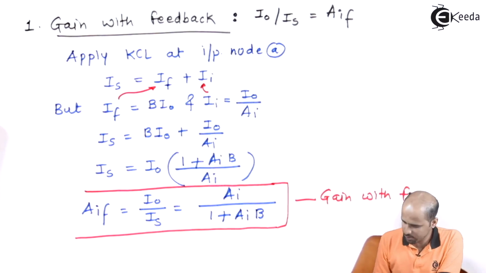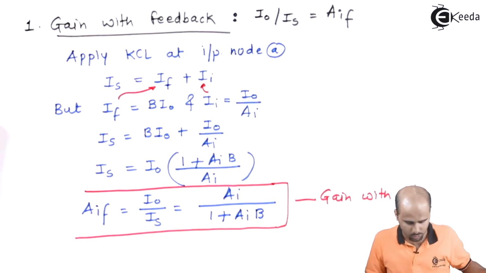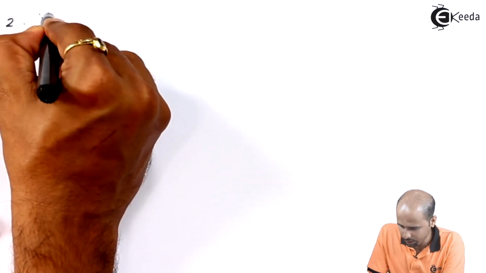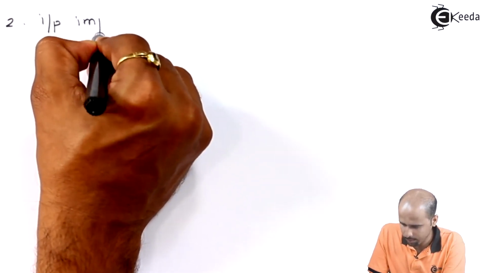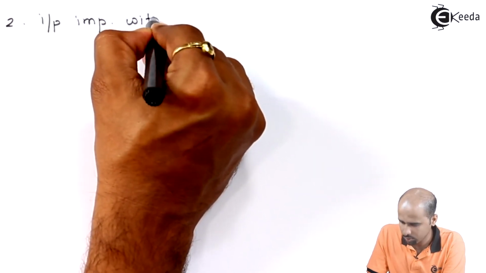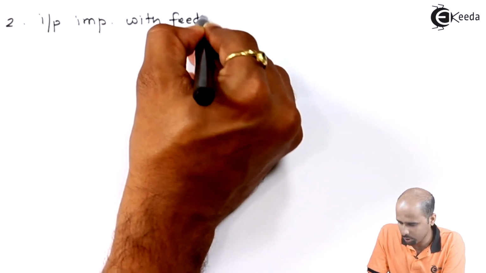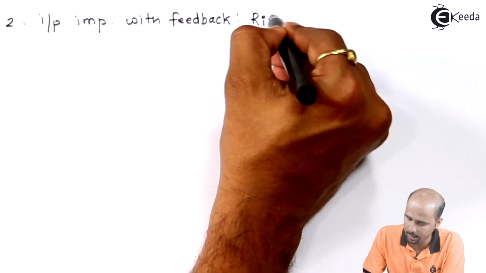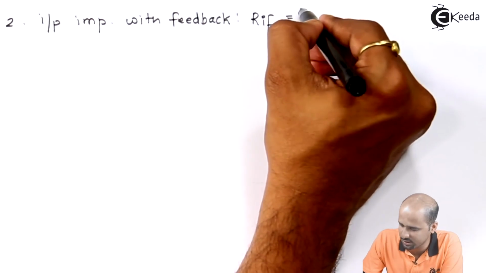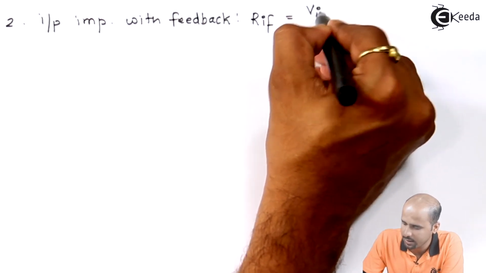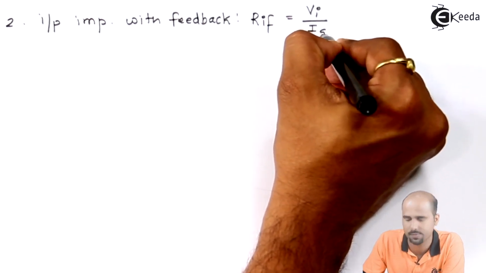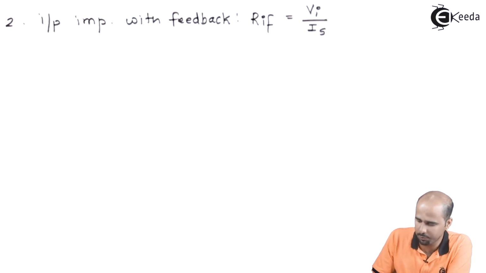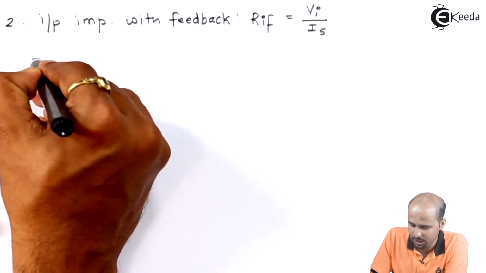Okay, let's move towards the second part of this analysis quickly. That is nothing but your input impedance with feedback. Input impedance with feedback is considered as RIF, and that RIF is nothing but VI divided by IS, right? So I have to find out VI divided by IS. Before that, I should know the input impedance